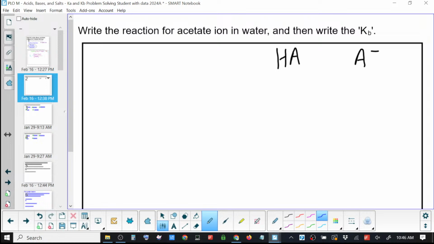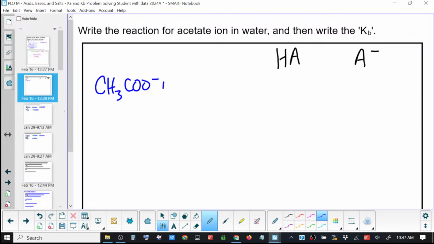Dylan, what is acetate? It's acetate, CH3COO negative. You have your table of polyatomic ions, but there's certain ones you should just know. Acetate's one of them, because all of the weak acids that are really common, like vinegar, which is acetic acid, their conjugate base is also going to have a very similar name. So acetic acid, acetate, conjugate base. What do we do to write with that? James.